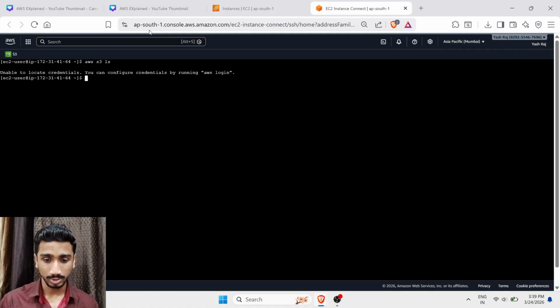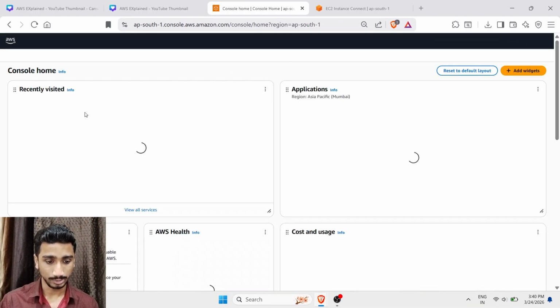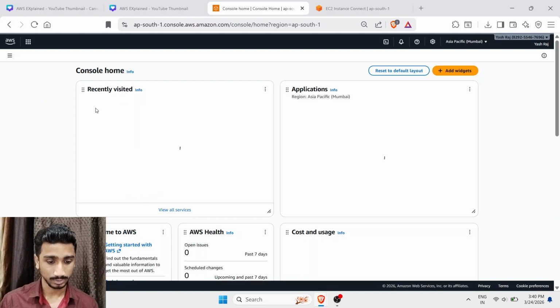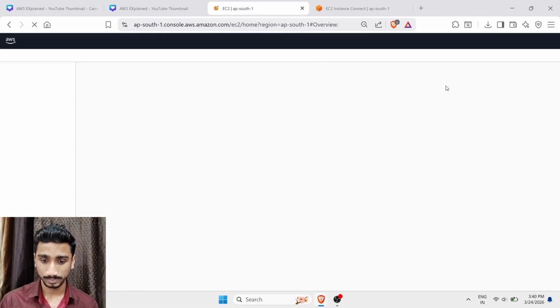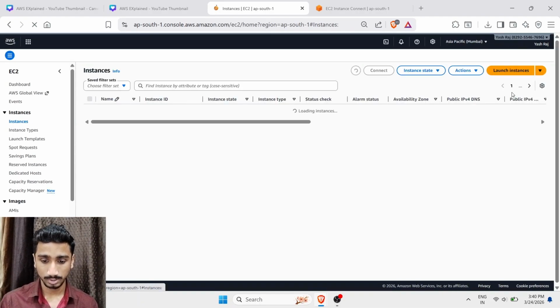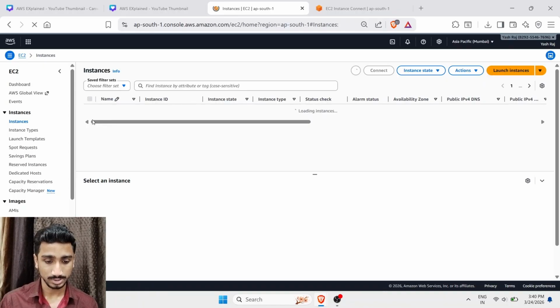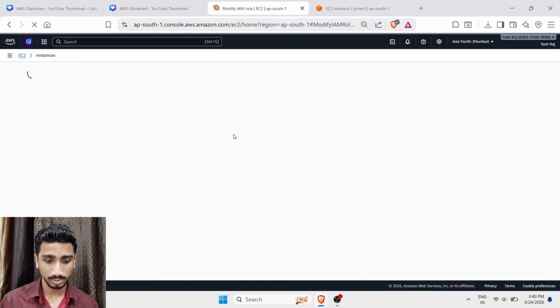So right now let's attach the IAM role to this instance. I'm going to click on EC2, EC2 instances. Here by clicking on instance, you click on actions, then security, modify IAM role,